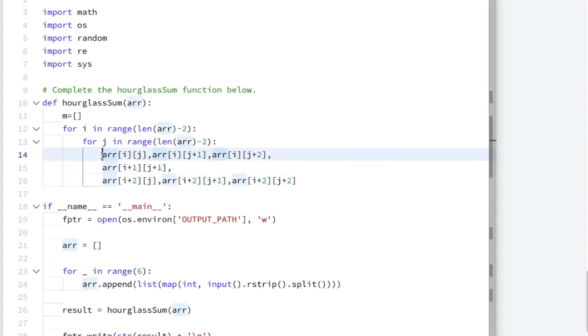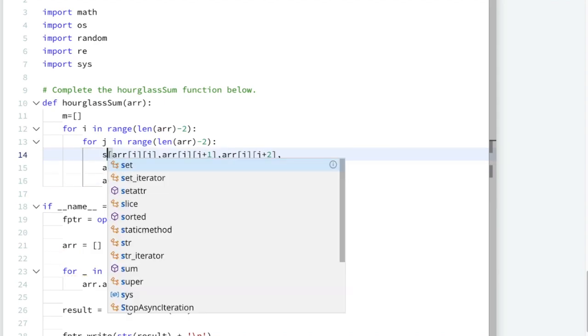Now we will simply calculate the sum. Let us try to keep these in a list and simply sum this value.